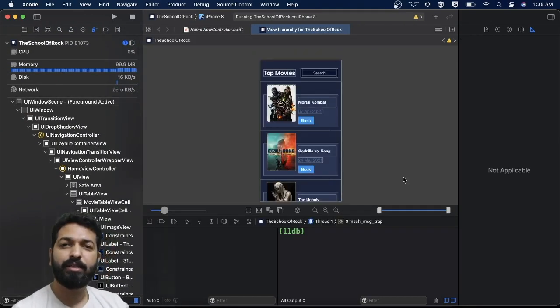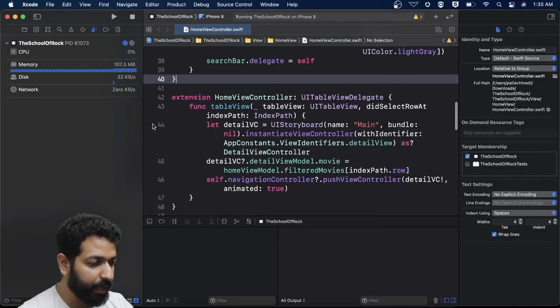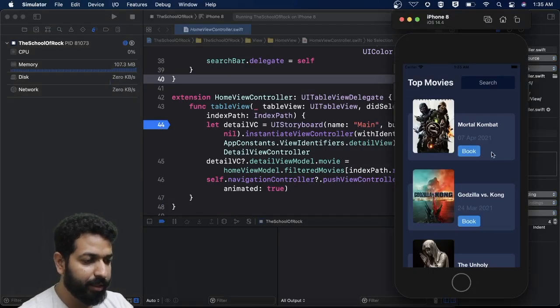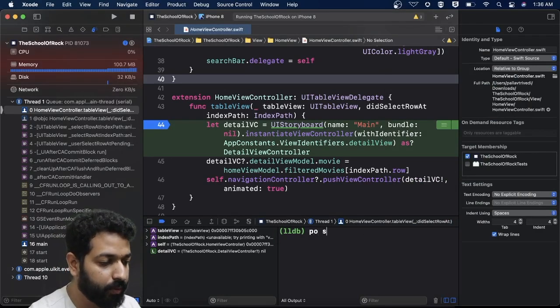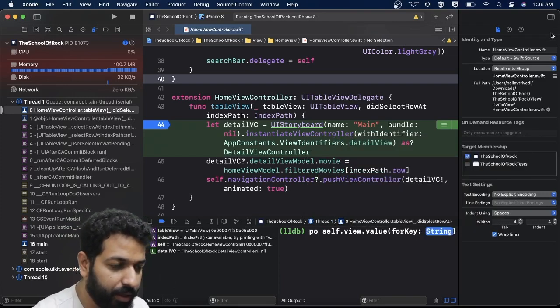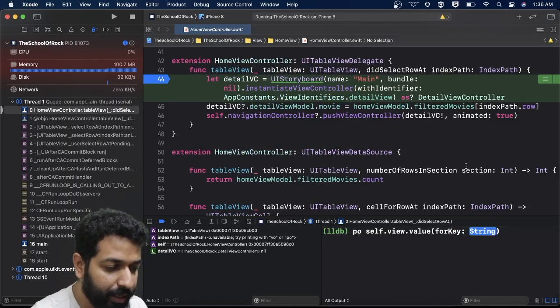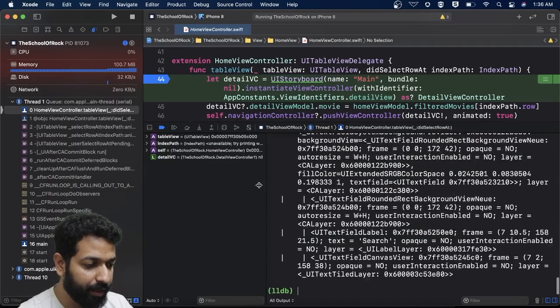And one thing that I said at the start of this video is that we can print the entire view hierarchy without using any external tool. So let's try how we can do that. I'll resume it here, and I'll put a breakpoint here in didSelect, so that I can use po here, po self.view.value(forKey:), and the key is recursiveDescription. So if I hit enter here,